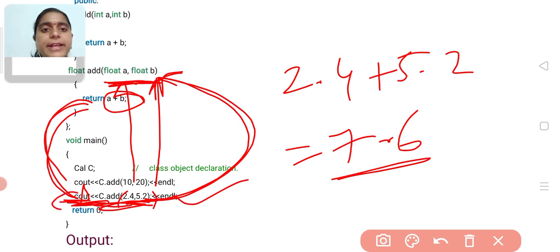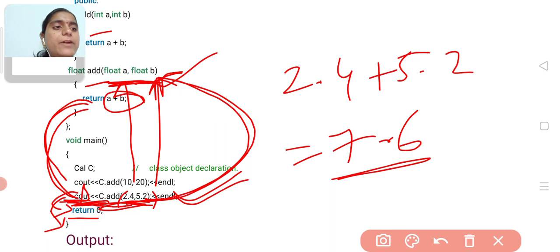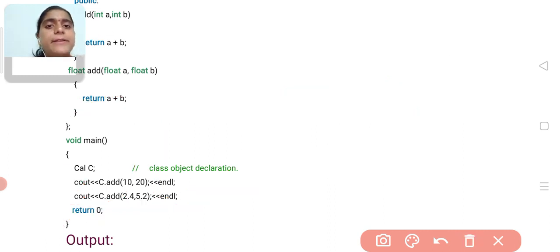And next, return 0. Return 0 represents the successful completion of a program, and after that it will be terminated. Like that, by using different types of arguments we can differ the same function. This is method overloading.